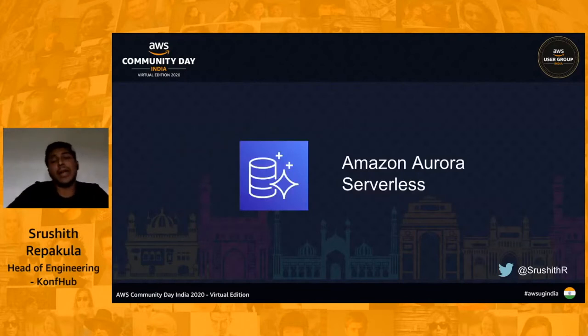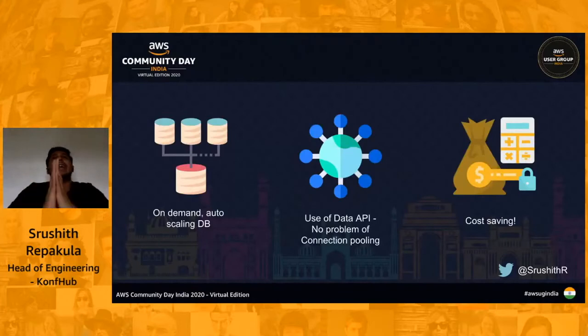The next service that I would like to touch upon is Aurora Serverless. I think there was a session in the morning as well about Aurora Serverless. So what is Aurora Serverless? It is a SQL database, if you want. Like we have an RDS, right? We have the serverless mode in RDS, where instead of having a normal RDS where there's a limitation on the size, limitation on the number of connections and stuff like that, AWS came up saying that,